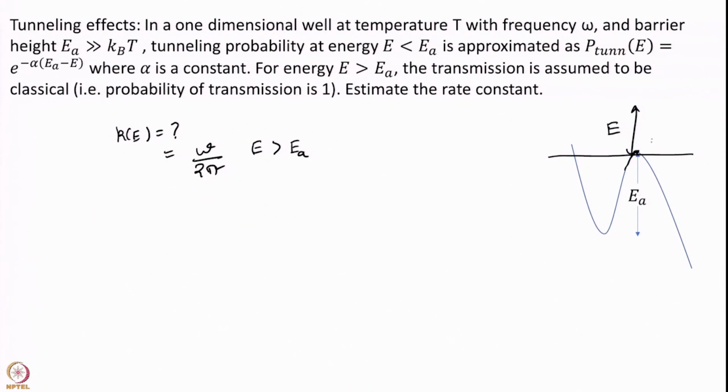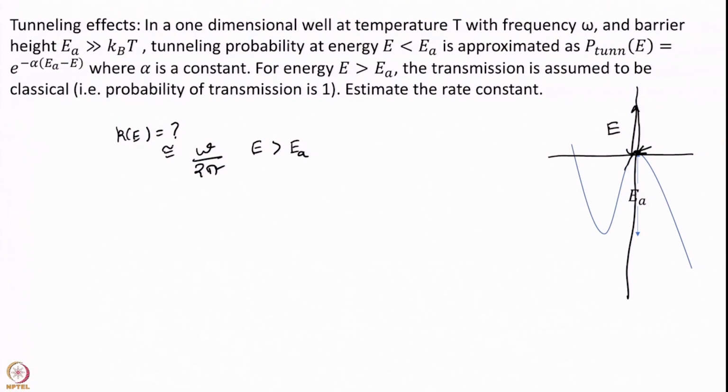It is omega over 2 pi because omega over 2 pi is the frequency of hitting the transition state. So, this is my transition state, I am sitting here. The probability that I will hit this point is one time period. In every one time period I will hit this exactly once in the forward direction. Again, this is approximate, I am making the transition state approximations here. Transition state approximation is that I only look at rate in the forward direction, and in the forward direction I will hit this transition state once in one time period.